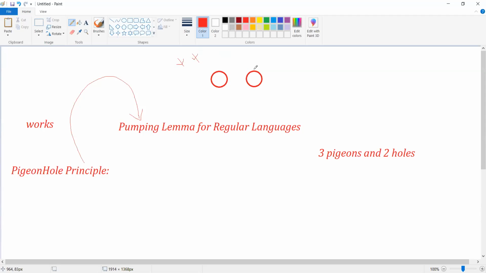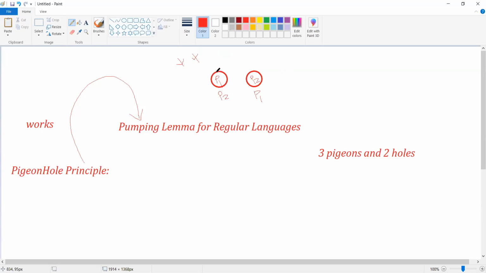As we have two holes available, in the first hole I can accommodate pigeon 1, and in the second hole I can accommodate pigeon 2, or vice versa. That is, in the first hole I can accommodate the second pigeon, and in the second hole the first pigeon.